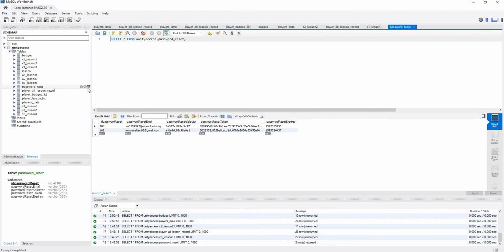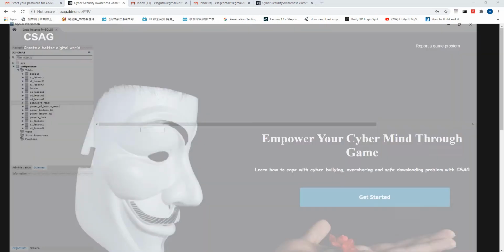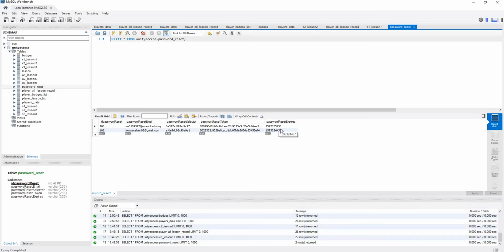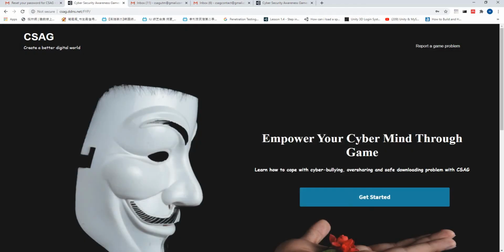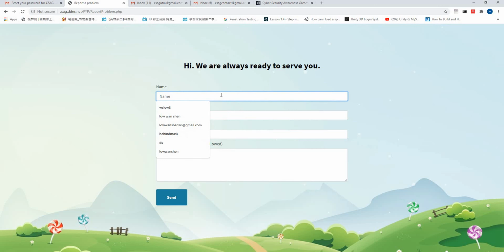Actually, just now when I requested it, it showed data in the password reset database table. The expiry for the password reset will be 15 minutes after the link has been sent to your email address. So when I click on the report game problems,